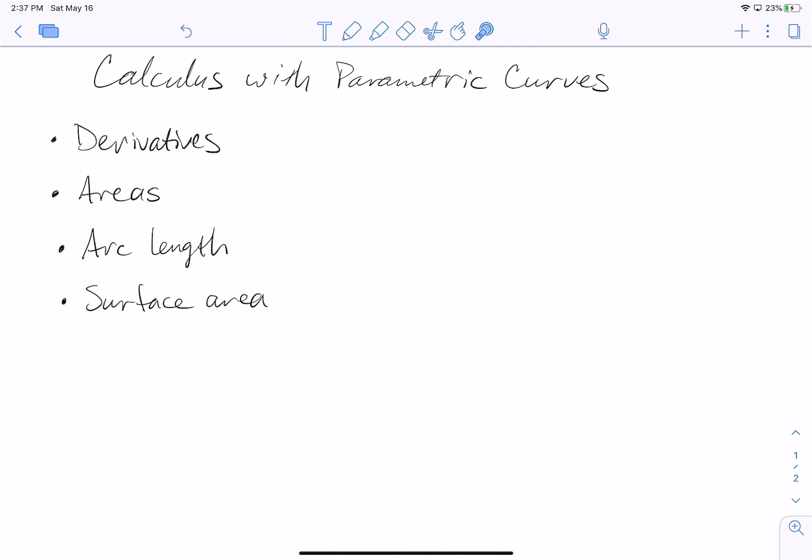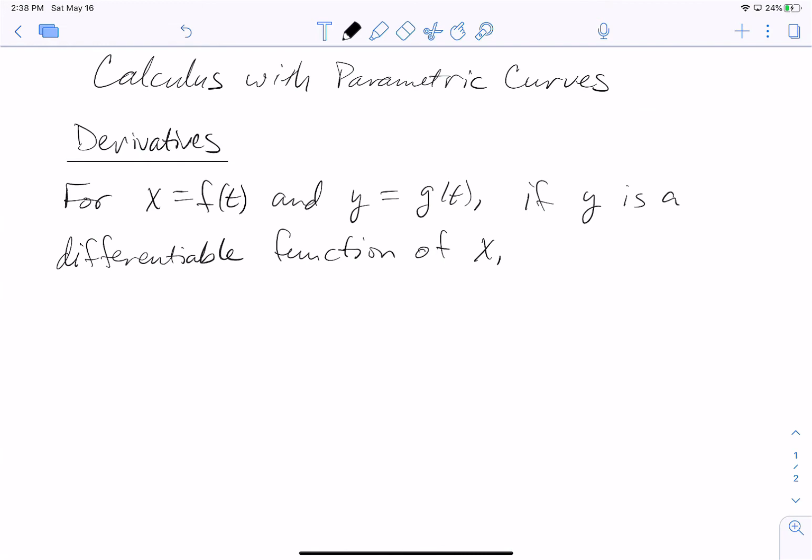As you've worked through calculus, you've seen how it can be used to compute derivatives, areas, arc length, and surface area. And here we're going to look at how we can find all four of those through the lens of parametric curves. We'll start with derivatives. For x equaling f of t and y equaling g of t, if y is a differentiable function of x,